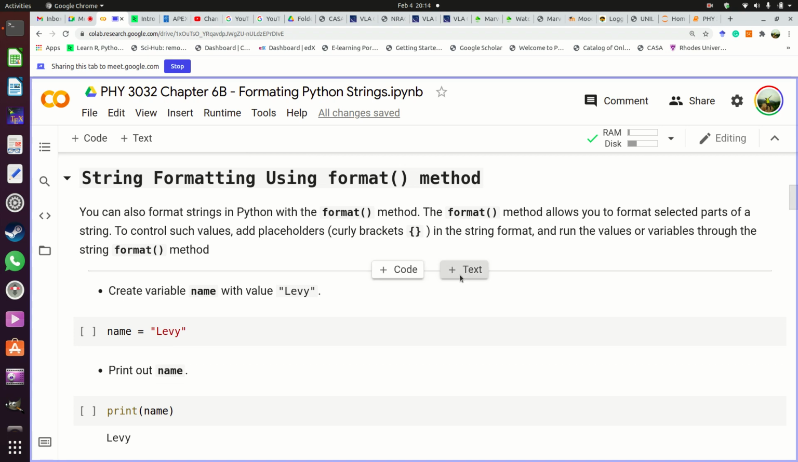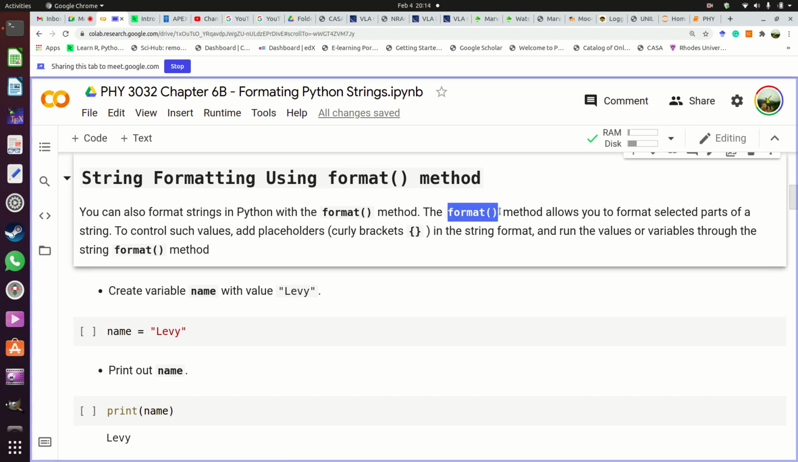So when you're using the format method to do this formatting, inside your string somewhere you need to add some placeholders. Those placeholders are indicated by curly brackets. In these curly brackets, that's where the format method is actually going to put the value you have given it, or the value which is contained in the variable you have given it. And that's what we're going to see